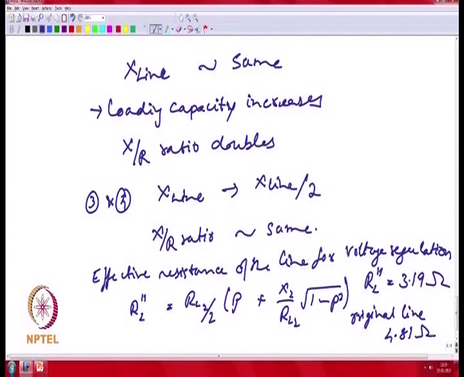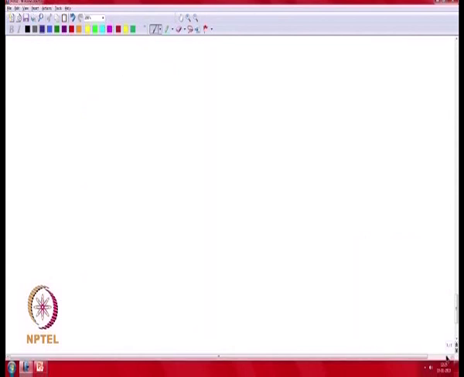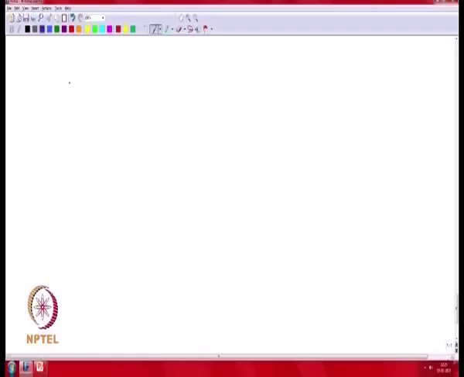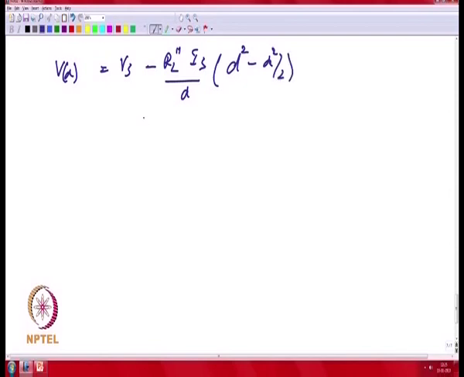Okay. So, if you look at your voltage at the end of the feeder, assuming 11 kV at the substation, your V of D turns out to be 0.962 times your 11 kV. So, this is 10.59 kV. So, if you look at the voltage profile,